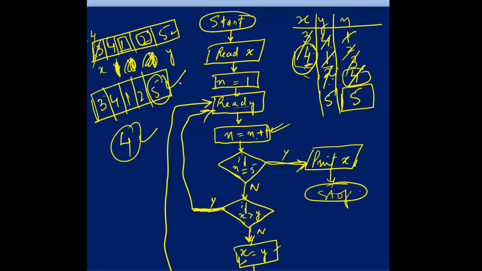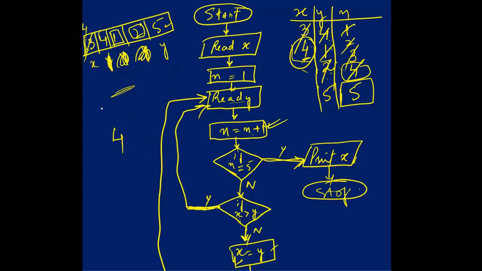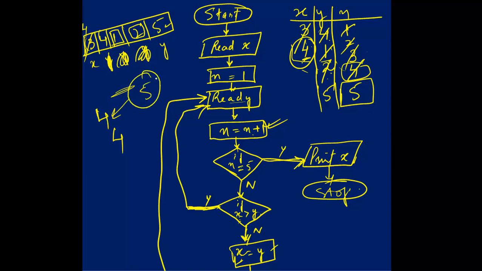But the greater is 5. This is the issue, so we have to deal with this first. I am getting a wrong answer, that is 4. Instead of 4, I should have got 5 here. My correct answer was 5, but I am getting 4, that is 1 less than the greatest. So the issue is here.